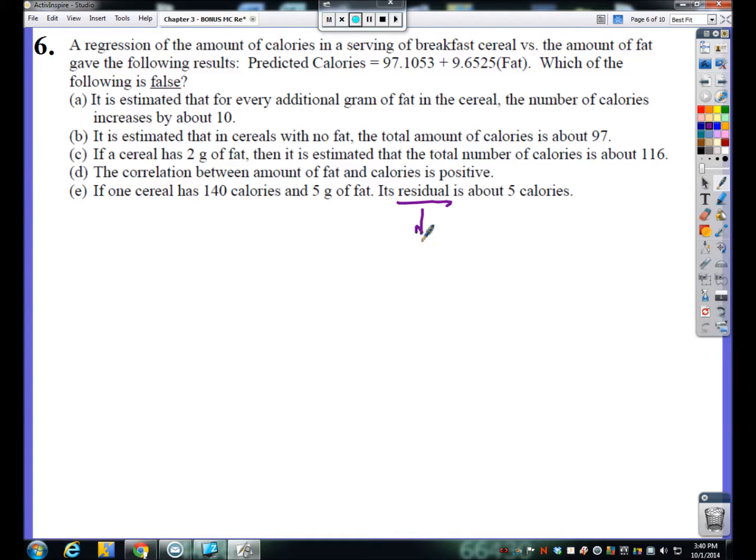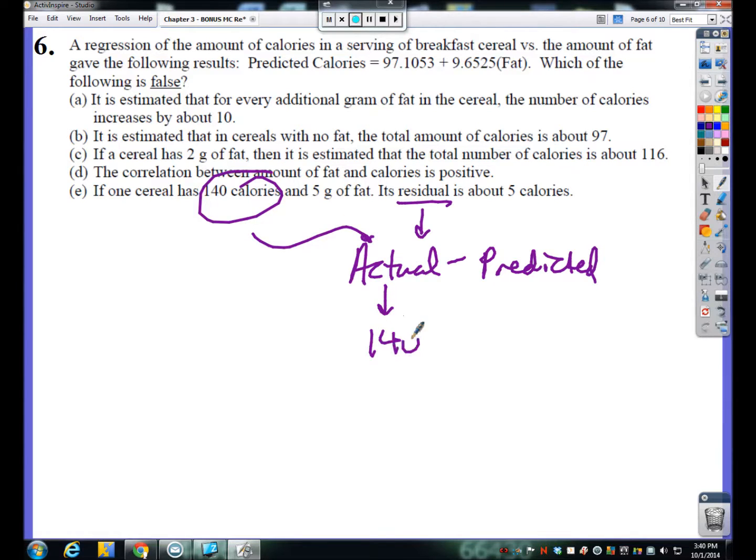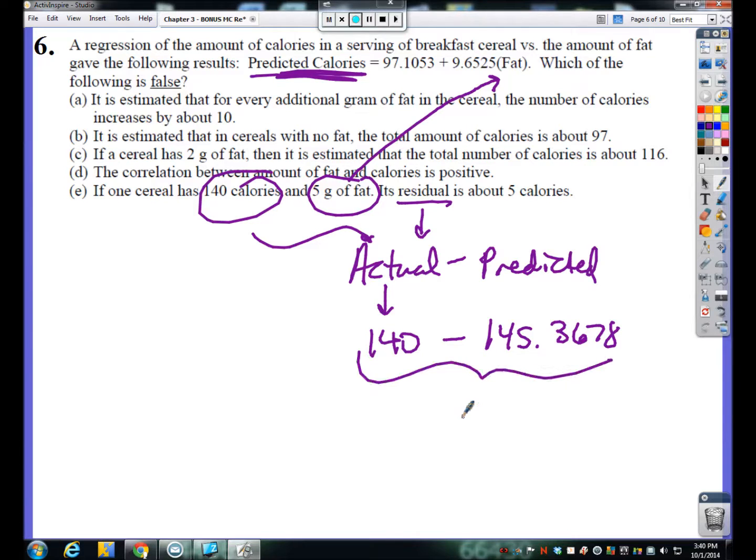So we're talking about residuals again. So we need to know the actual minus the predicted number of calories. They gave us the actual. There's actually 140 calories in the cereal. We need to figure out, based on 5 grams of fat, what would be the predicted number of calories. So 97.1053 plus 9.6525 times 5 gives me 145.3678. And if I subtract those, I'm going to get negative